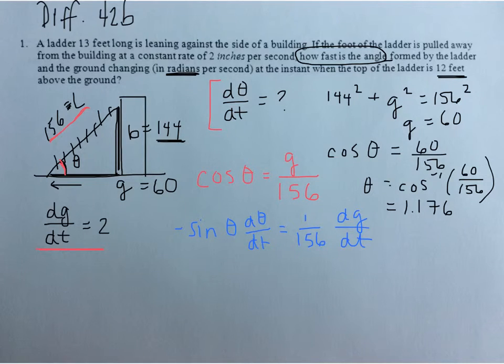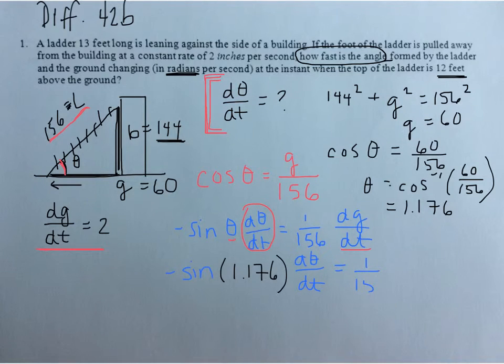Do I have what I need? Can I solve for what I want? I want d theta dt. So that means I need to know a theta, which I know, and I need to know dg dt, which I know. So that's good. So I'm going to plug it in. Negative sine of, we said theta was 1.176, times the thing that I want, which is d theta dt,